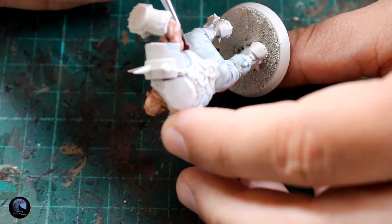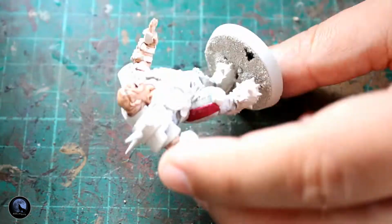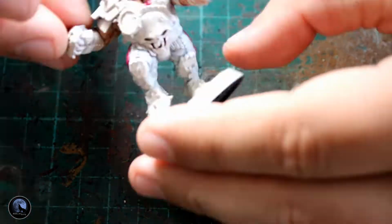Now, Screamer Pink isn't a contrast paint, it's a normal base paint, but it's an absolutely fantastic colour, especially when you mix it with a decent shade, which we'll come on to in a little while. So I've started essentially painting that. So I started with the trousers, and just did the stripe down either side,